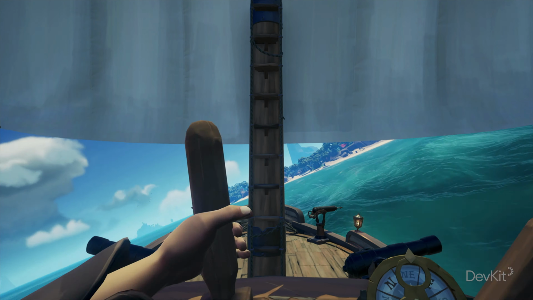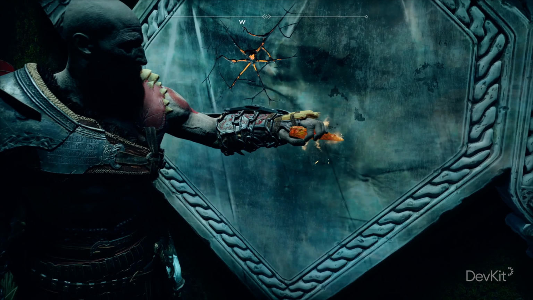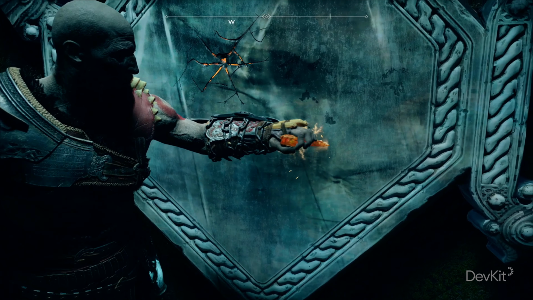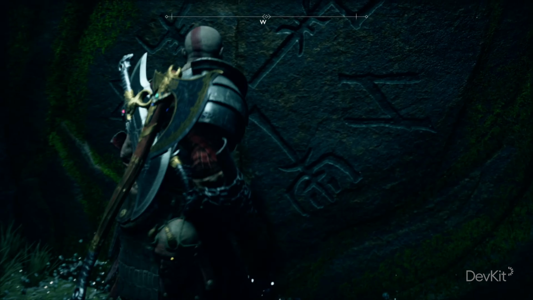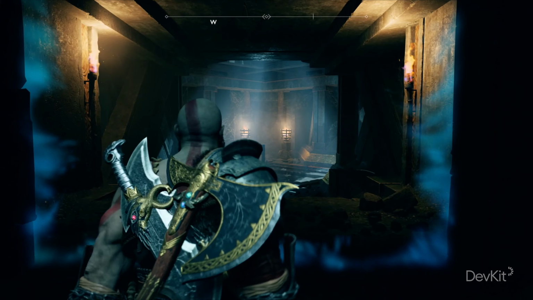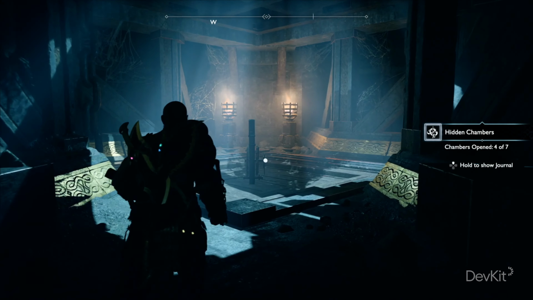In God of War, you open some doors using rumble as a guide, but the game will also use an increasingly strong visual effect to tell you when you're near chisel points, making it possible to open these doors when rumble has been disabled. And while here this is aimed at the motor aspects of accessibility, the same principles apply to other areas of accessibility, such as audio and visual.